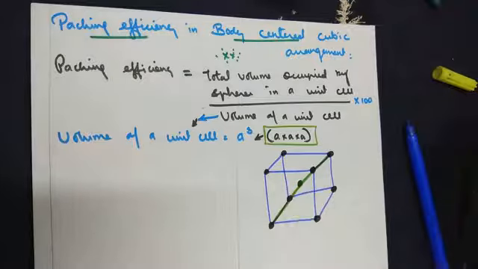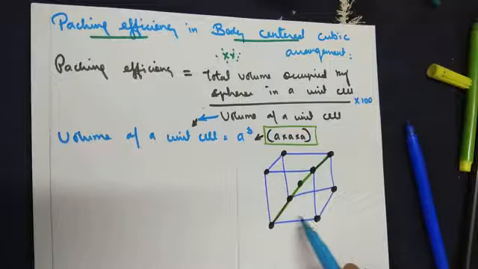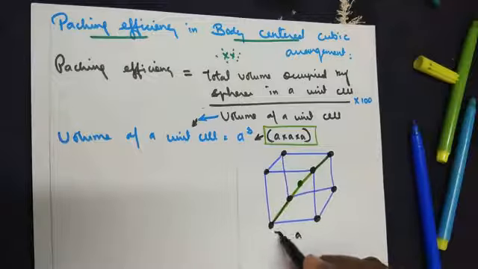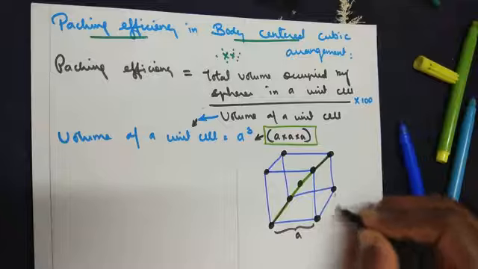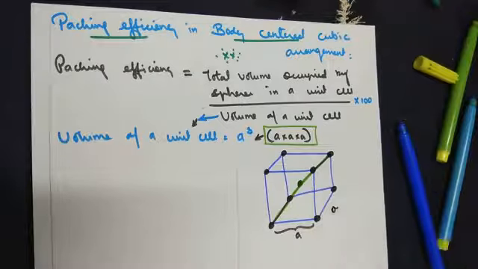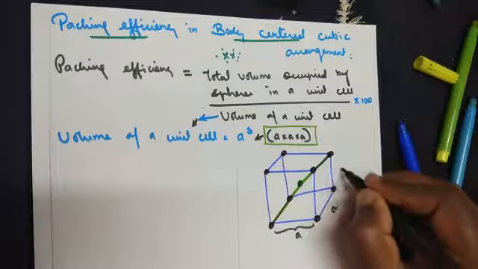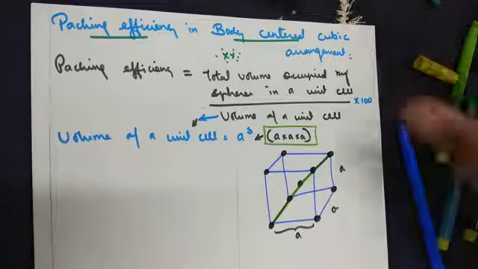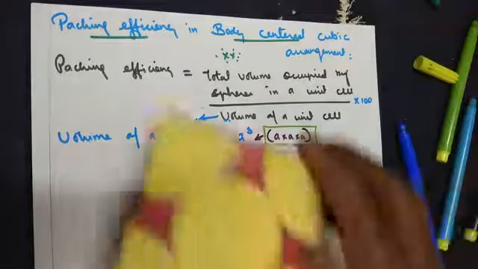So now if we see here one more point. Now what's the edge length here? The edge length is equals to A. That is, the edge length is equals to A. By now you know the meaning of edge length. The edge length here also is equals to A. Everywhere the edge length will be equal to A. Point number 1.